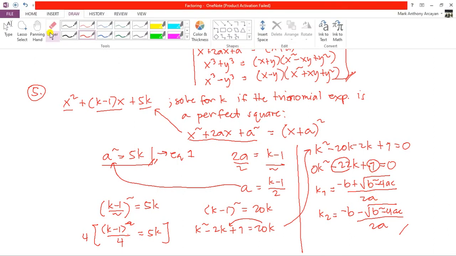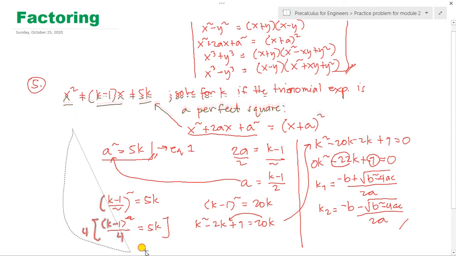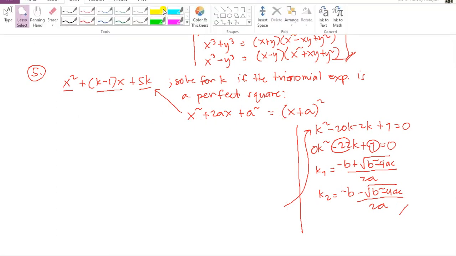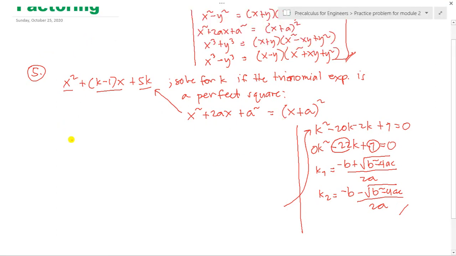But for me, para mas madali tayo, so let's use a calculator na lang. So, erase ko muna to. So, let's use the calculator. So, in the calculator, we have k1 is equal to, meron akong calculator dito. Just go to mode. If you have fx-991 ES Plus, go to mode, then press 5 for equation, then press 3 for quadratic equation. So, we now input the value of our a. Our a is 1. Our b is negative 22. Our c is positive 1. So, we have the first root which is equal to